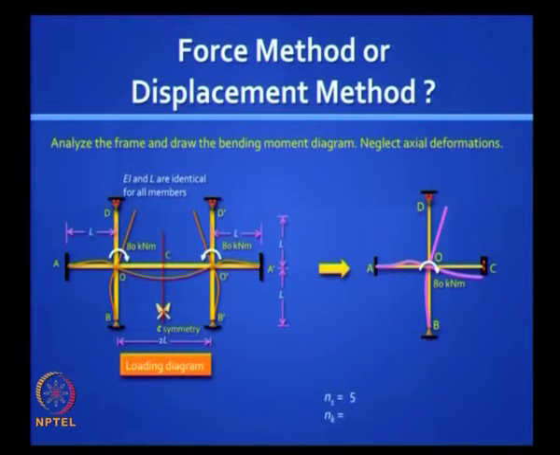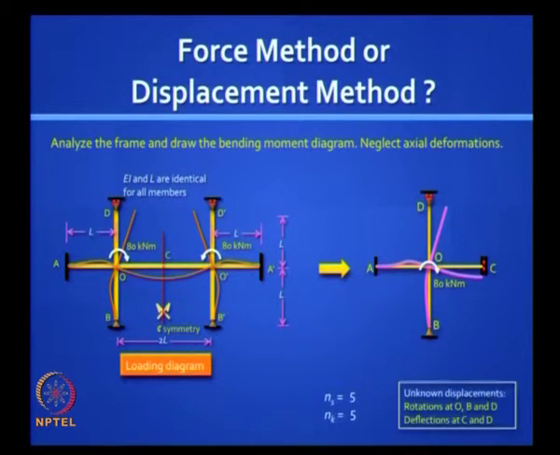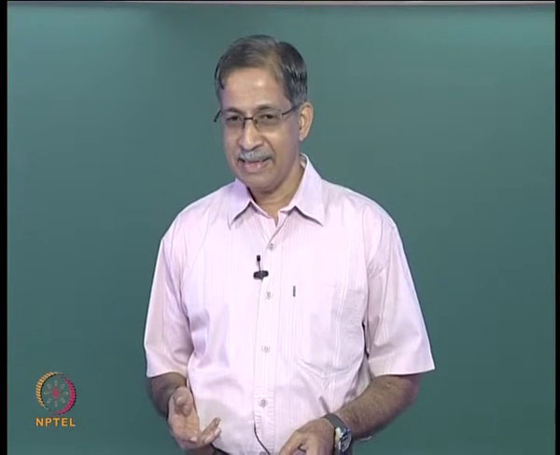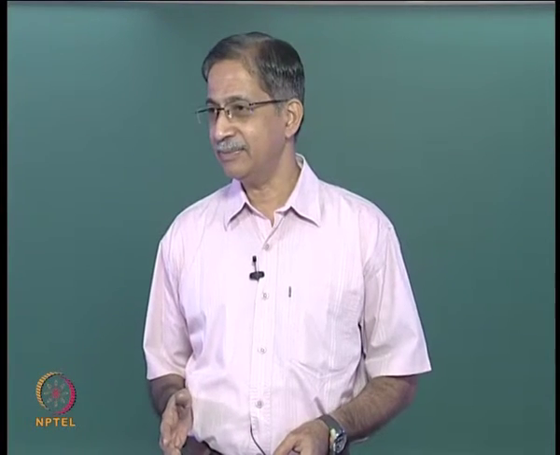At the fixed end A you do not have any unknowns, at D you have a, well, potentially a rotation and a translation, at C you have a translation, rotation is 0, so 2 plus 1 3, at B you have a rotation 4, and at O you have a rotation, O is also joint, so you have 5. Is it clear? Only a rotation at O and B, at D rotation and translation, at C translation. Clear? So you have 5.